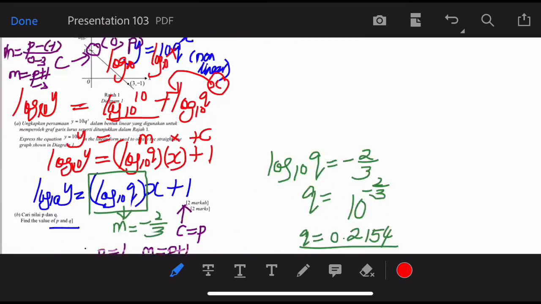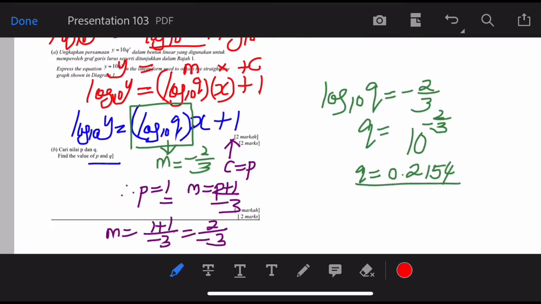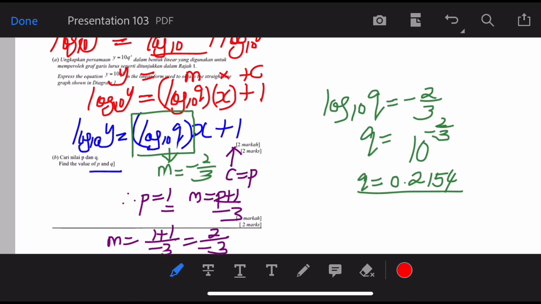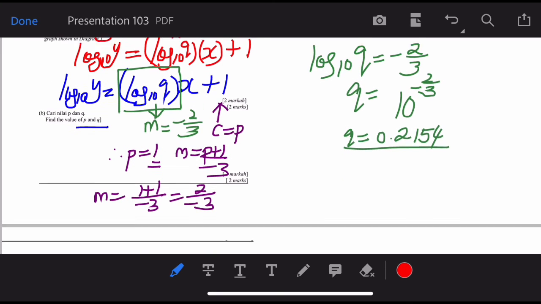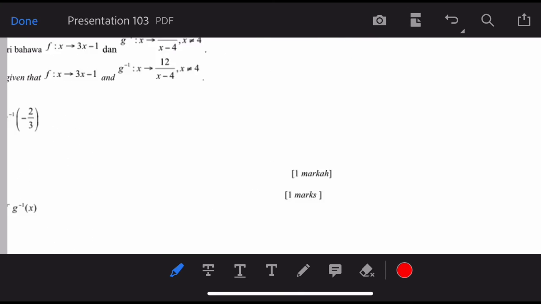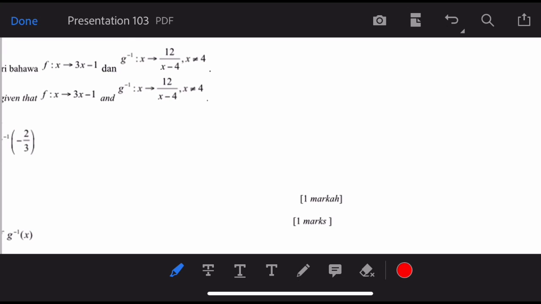Okay, so I have solved the equation of a straight line for linear log. Now let's proceed to this one. For this